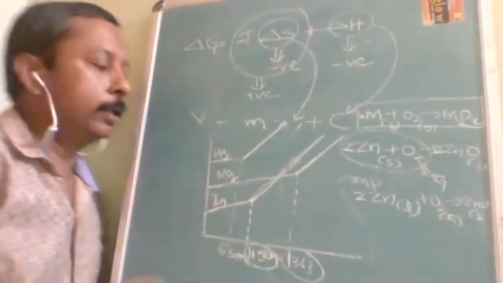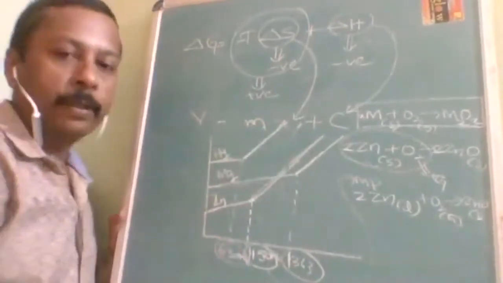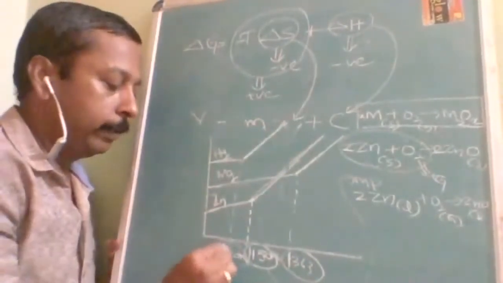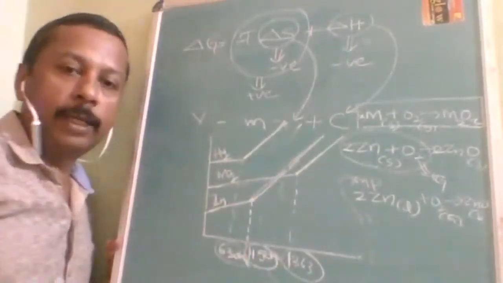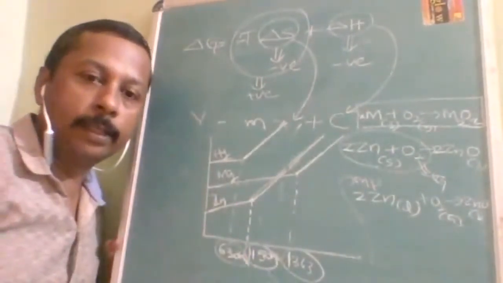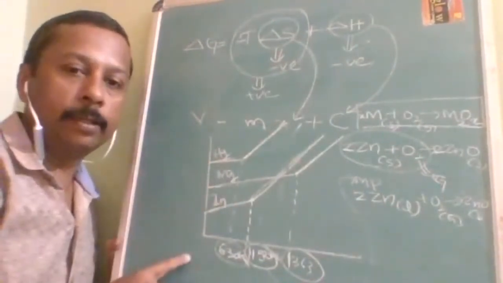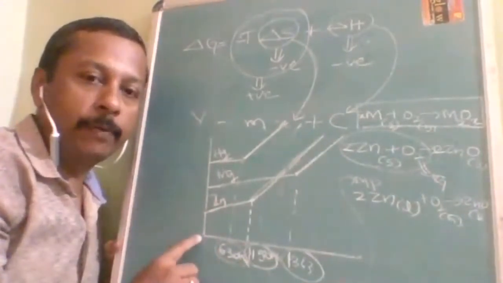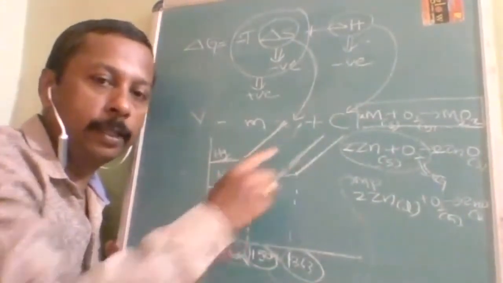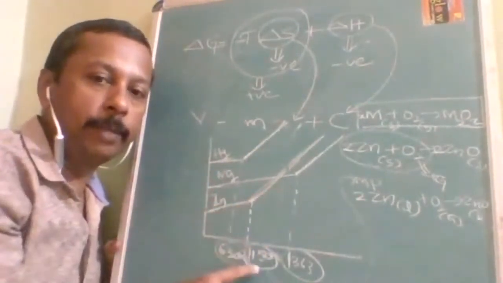Now let us take mercury. It is increasing at 630 Kelvin. So if it is increasing at 630 Kelvin, what does it mean? Is it a melting point? No. At that place, it is the boiling point, because already it is in liquid state. So whenever there is a phase change, if it is a liquid and a sharp increase is there, that is the boiling point. If it is a solid, and a sharp increase is there, that is the melting point.